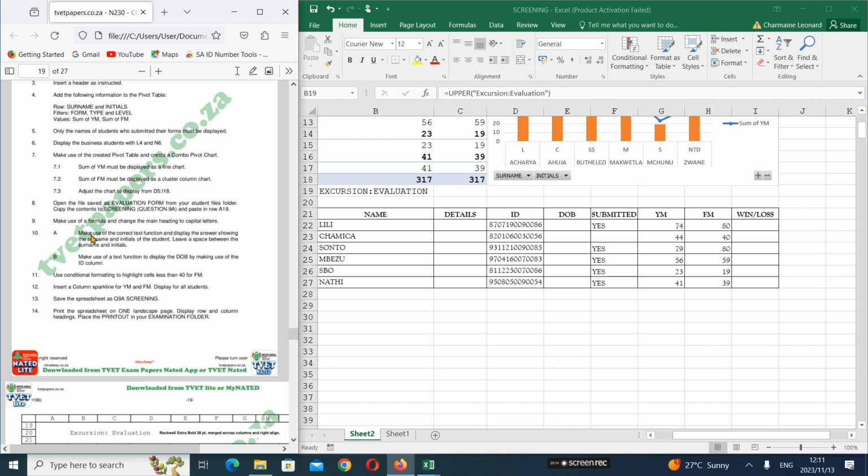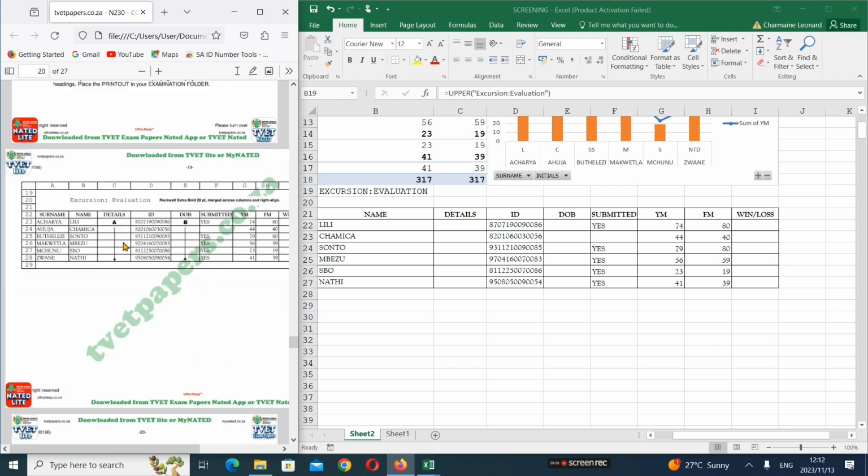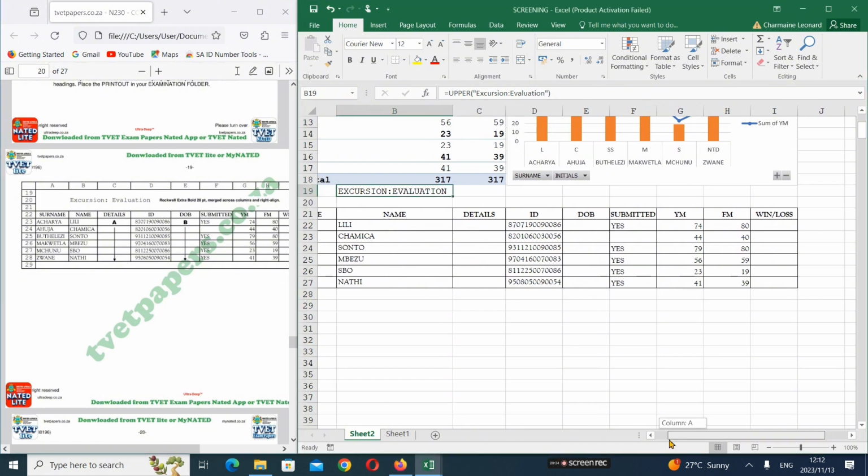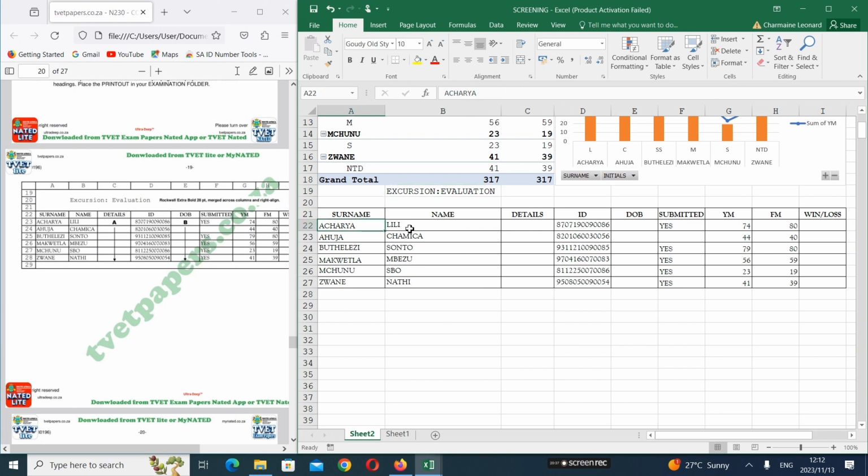Okay, so 10A they say make use of the correct text functions and display the answers showing the surname and initials of the student. Okay, surname and initials, leave a space between the surname and initials. Okay, so let's see A. So here's our A meaning in our details. So here we need to show the surname and also the initials of the